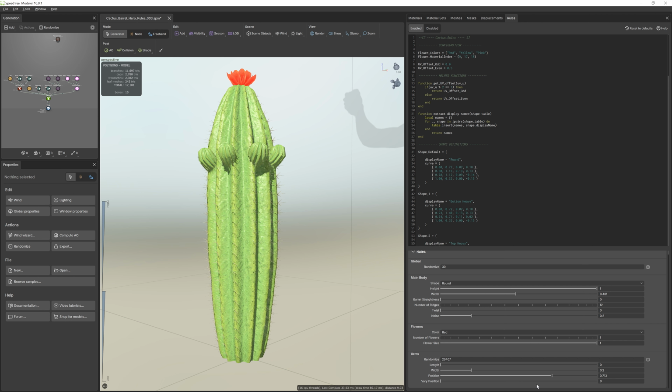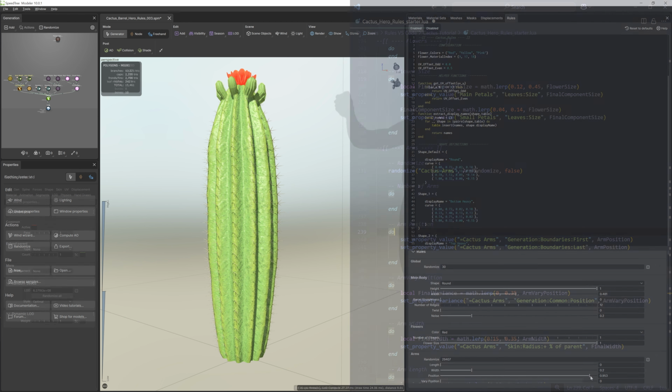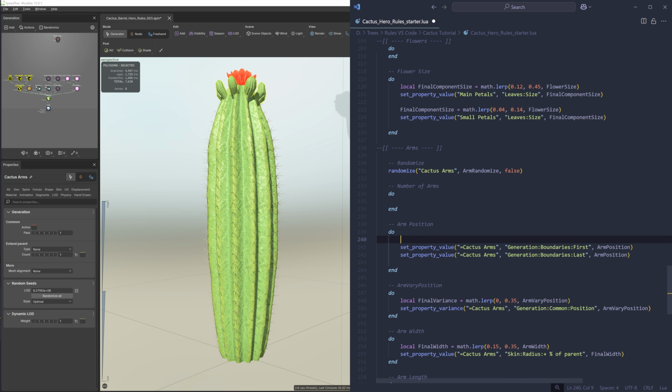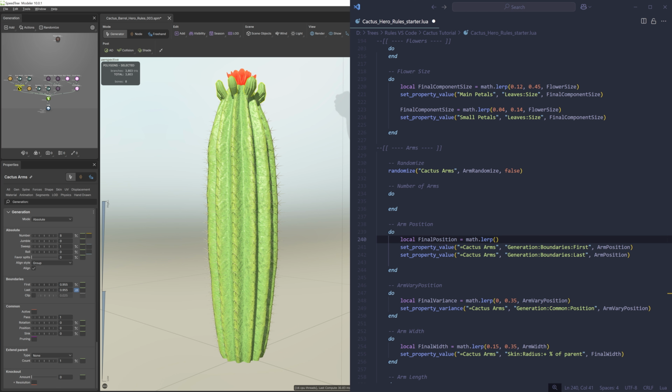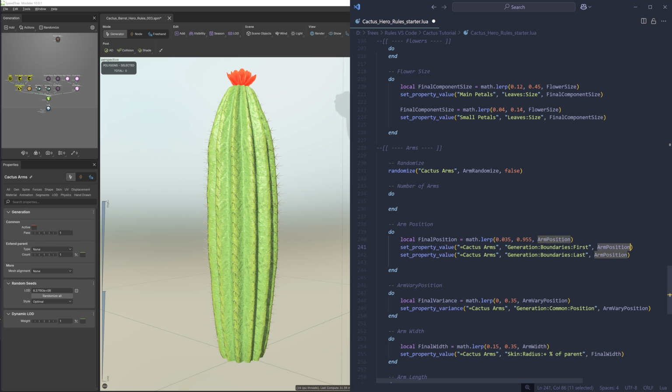Okay, they look decent, but we can see our arms are disappearing at the top and the bottom. So I'm going to add in a lerp statement after all to the arm position rule. Let's try 0.035 to 0.955.